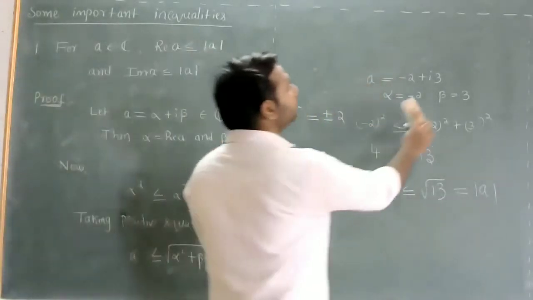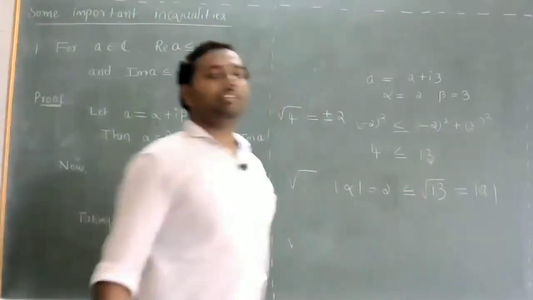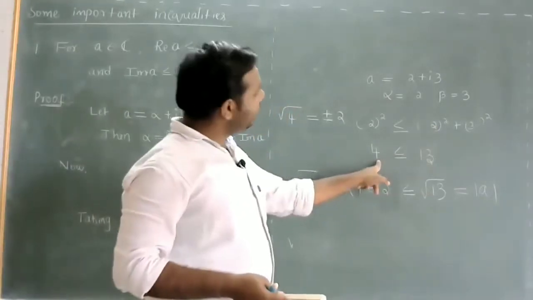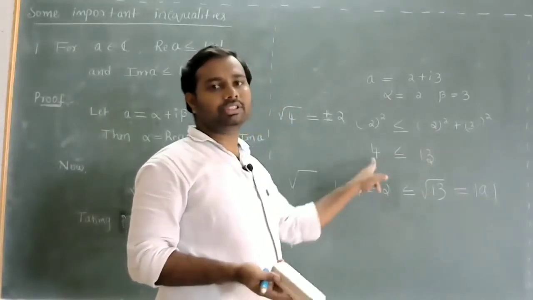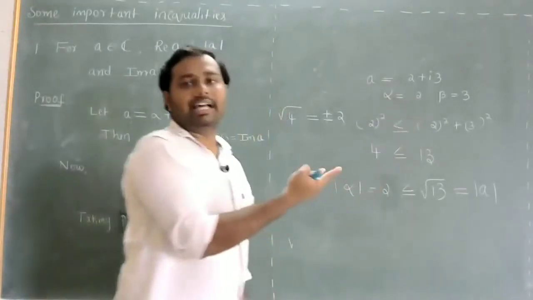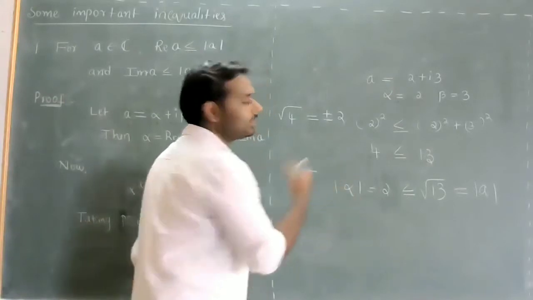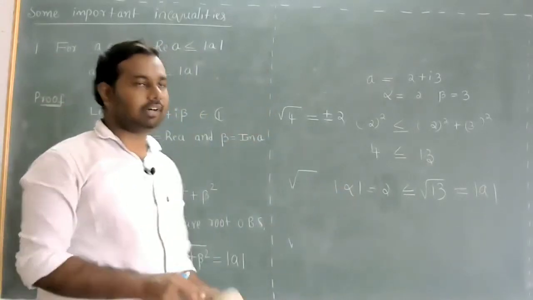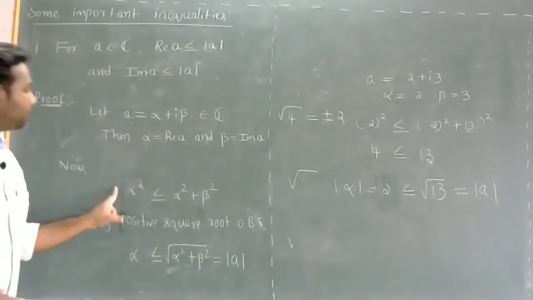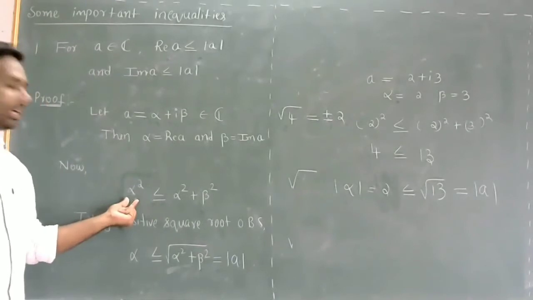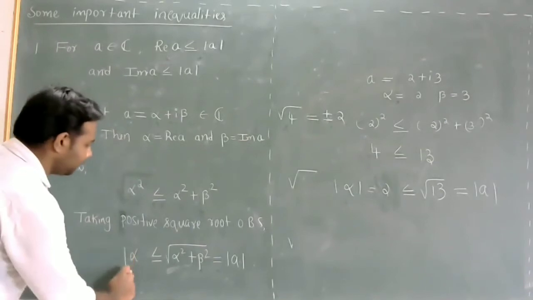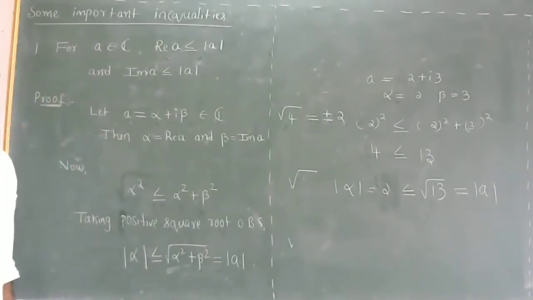So if alpha is positive, say 2 whole square, that is 4. In that case also, once again I will be considering only the positive square root, 2, which is nothing but alpha, and as alpha is non-negative, 2 itself is the modulus of alpha. So in any case, whether alpha is negative or non-negative, the positive square root of alpha square is always the absolute value of alpha.